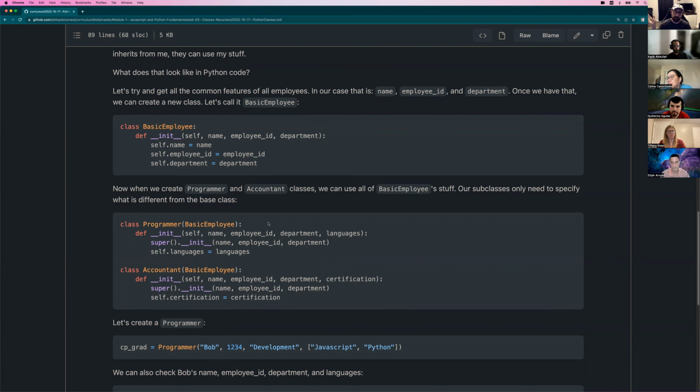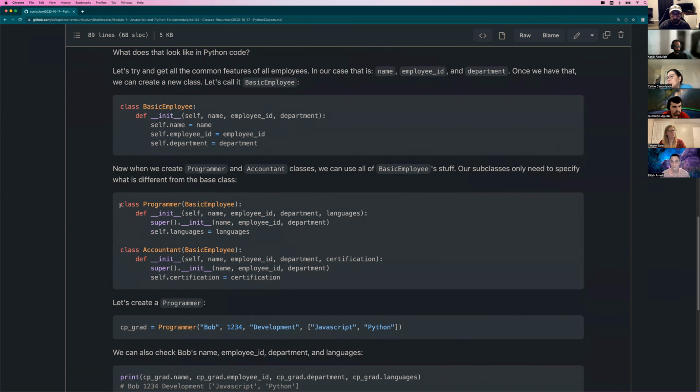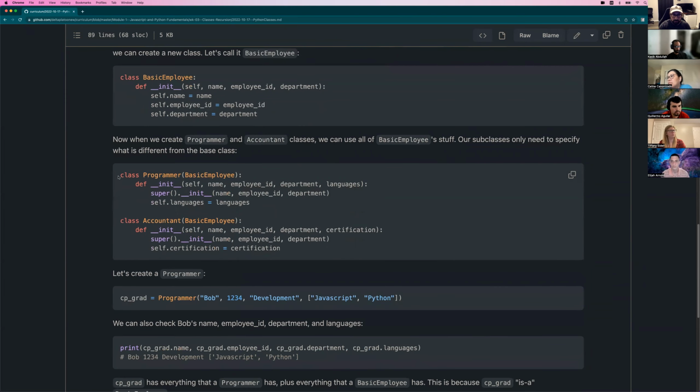And we will reference that original basic employee object, and we'll be able to use everything that it's got, but in these child classes. And the way that looks is this.